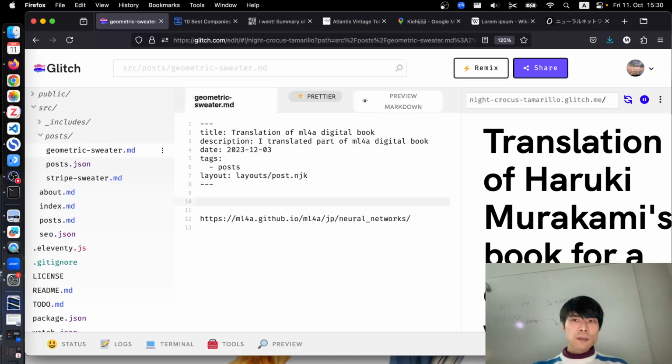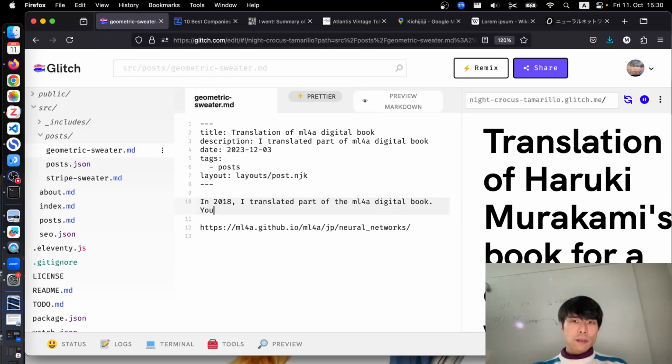And I don't know what year, I think it was in 2018, I translated part of the ML4A digital book. You can find the text online. And I think it's important to say this was from English to Japanese. You can find the text online, and